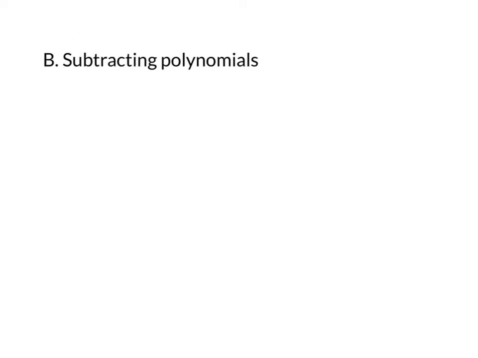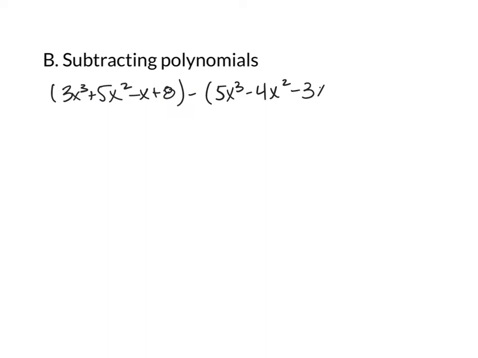Subtracting. We have to remember with subtracting that we're subtracting everything in the second parentheses. That's where we make mistakes. So if I have 3x cubed plus 5x squared minus x plus 8 minus 5x cubed minus 4x squared minus 3x plus 1. So I'm subtracting everything in this second polynomial. So I'm going to write underneath: